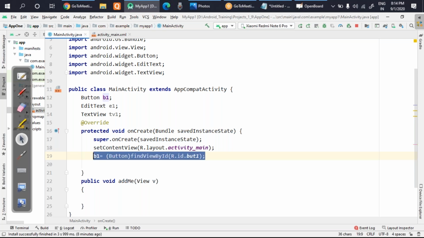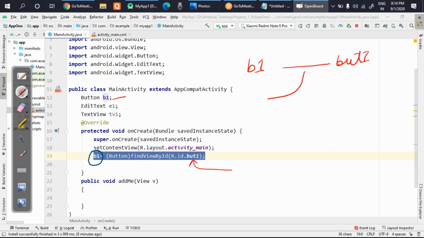So I have successfully written the first linking part. If you look here, all of you, what I've written, what is this? This is your variable. Yes or no? B1 was the variable of the button. And what is the ID? The ID is BUT1. Okay. Now what I actually have to do is link this B1 variable with the ID BUT1.